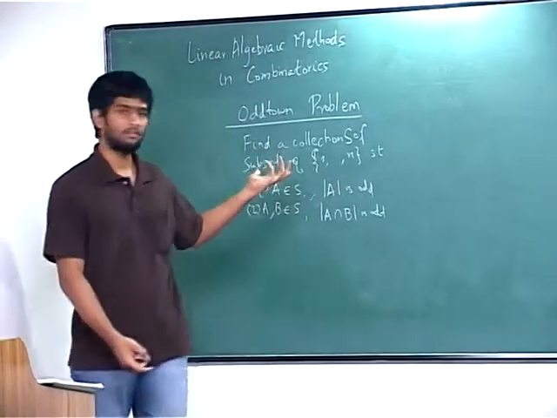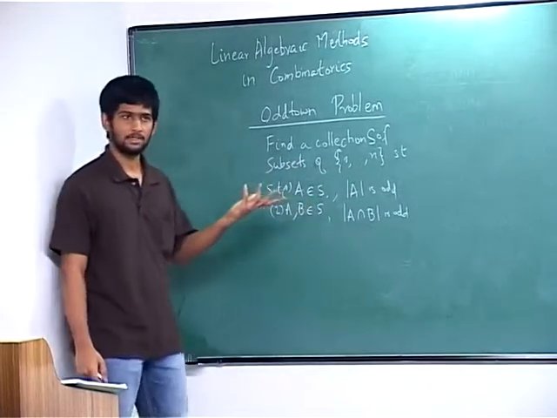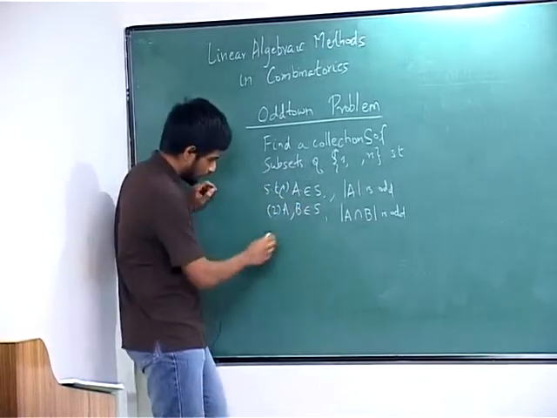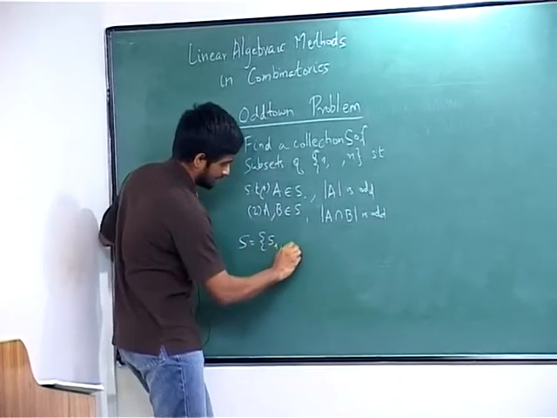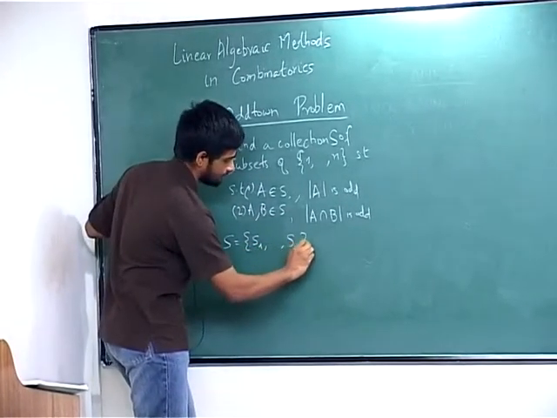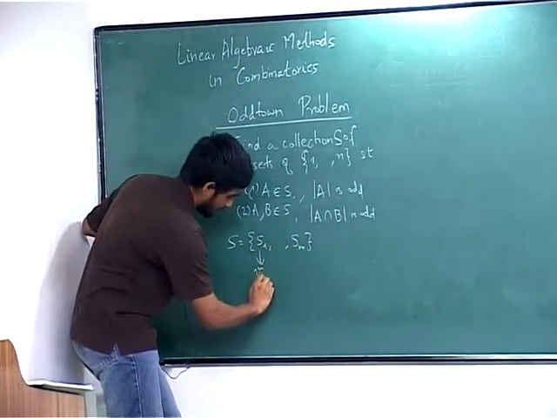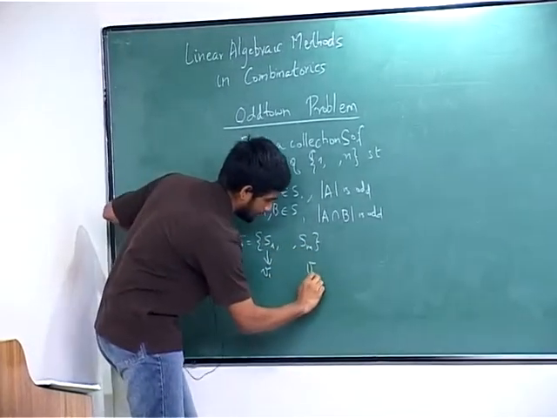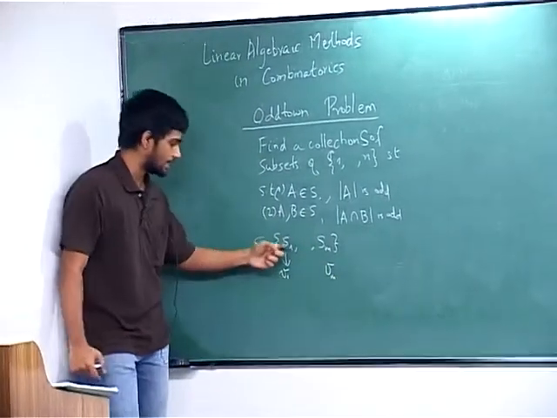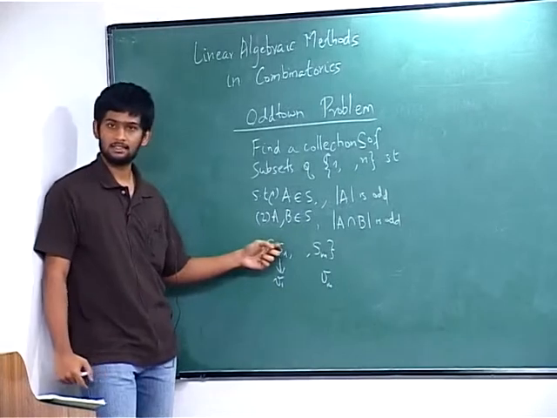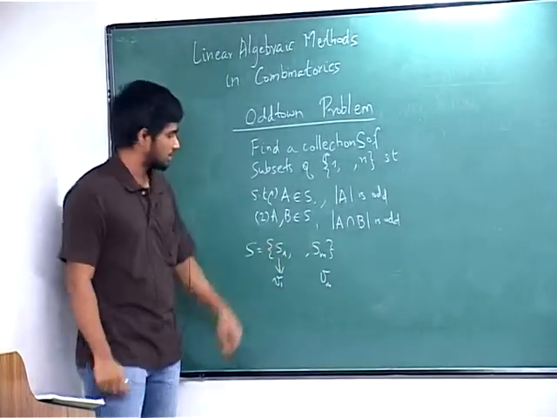N-bit vectors, and you put a 1 if the element is there. So that is the most natural. Those are known as incidence vectors corresponding to sets. So that's what we do. Suppose S has these sets, S1 to Sn, and corresponding to S1 I have this vector V1 and so on till Vm. So these are vectors corresponding to a set. I put 1 at that position if that element is there in the set S1. That's all.